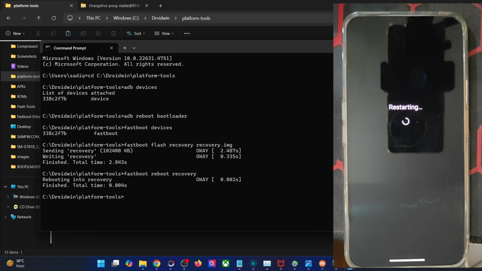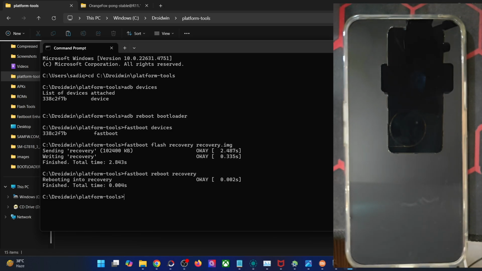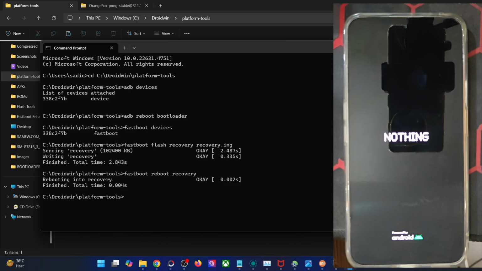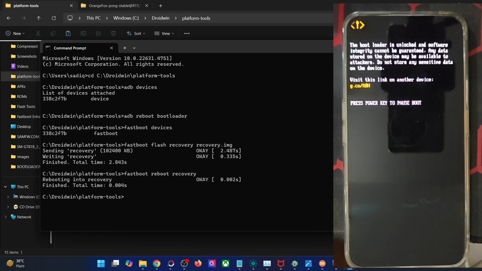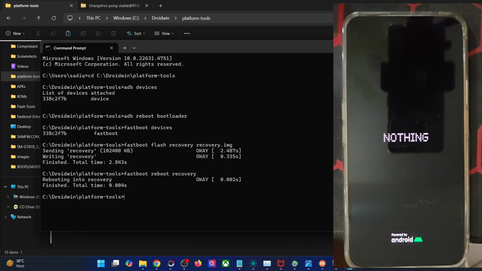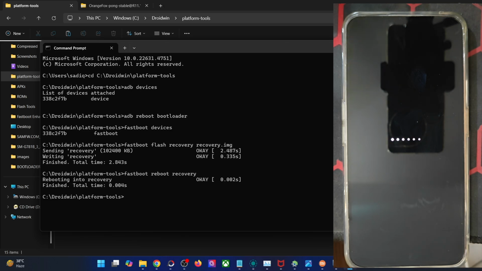As I've told you, if you're rooting by Magisk patching boot or init_boot, if your phone came with Android 12, you have to use the boot.img file, and for Android 13 and above, you have to use the init_boot. But there are a few exceptions. For example, the Poco F5 and the Nothing Phone 2 which I am using, both of these phones came with Android 13, but they are still using the boot.img file for rooting. I don't know why that's the case, but they are the two exception phones in this regard. So always remember that Poco F5 and Nothing Phone 2 still use the boot.img file even though they came with Android 13. These are the two exceptions, and apart from that, all the other phones use the init_boot if they came with Android 13. But for these two phones, you have to keep this point in mind.